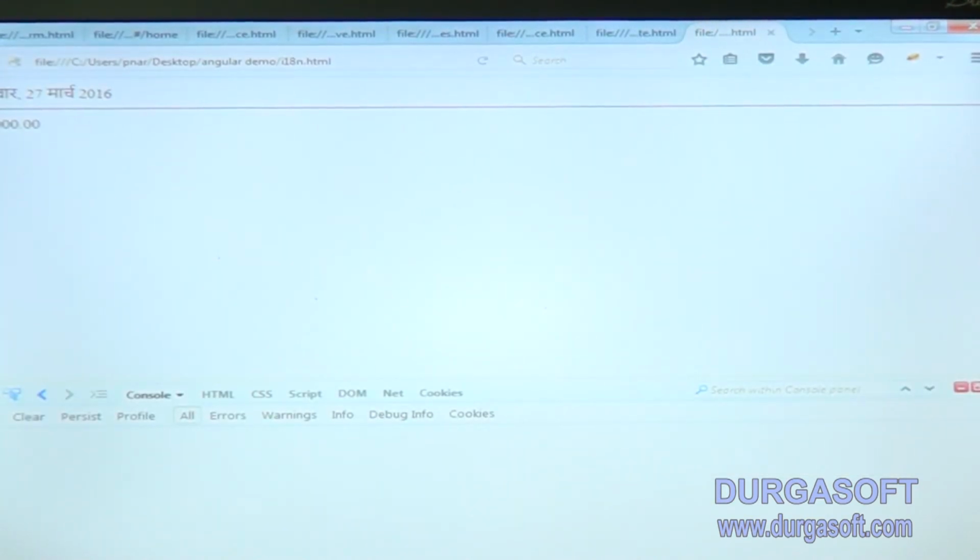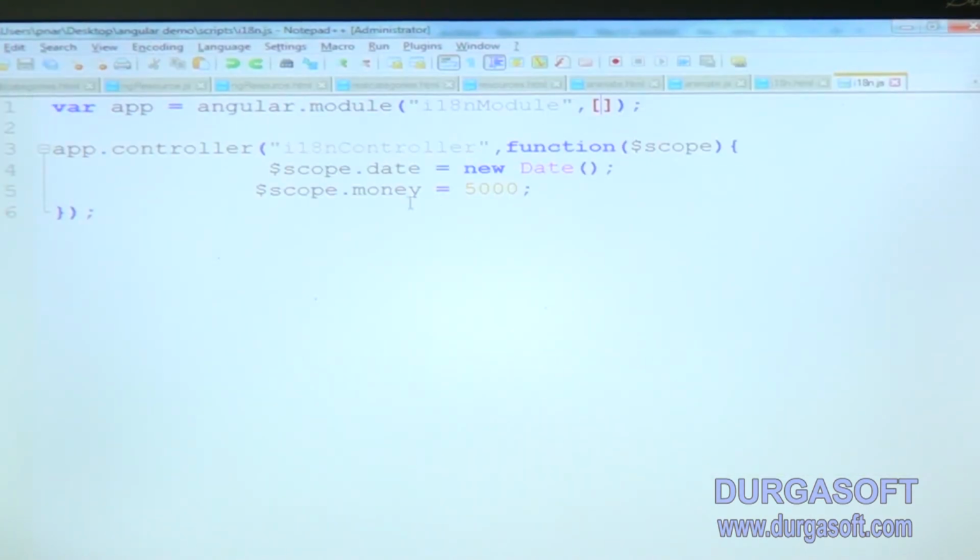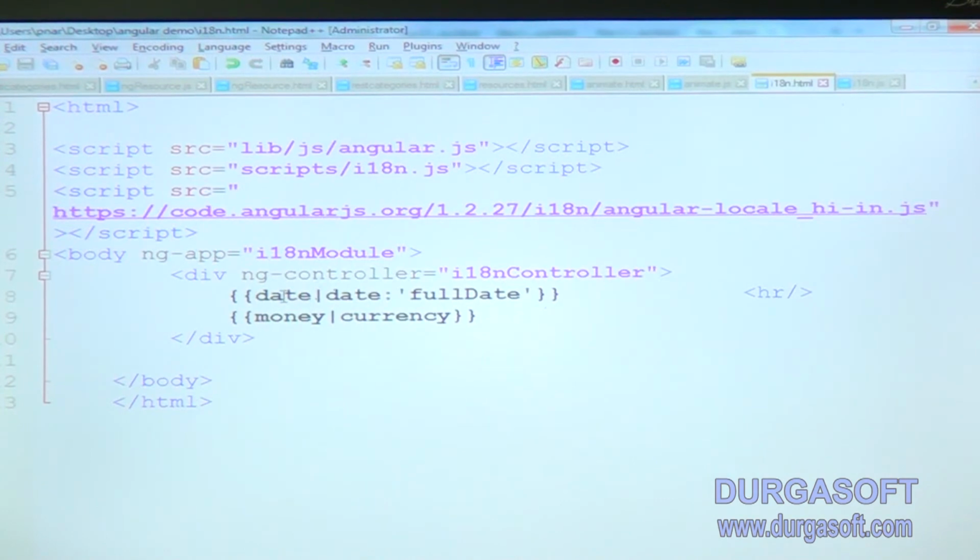Yes, see, what I am doing is, in my controller I created date and money, and that I am going to display here: date with full date, money in currency.